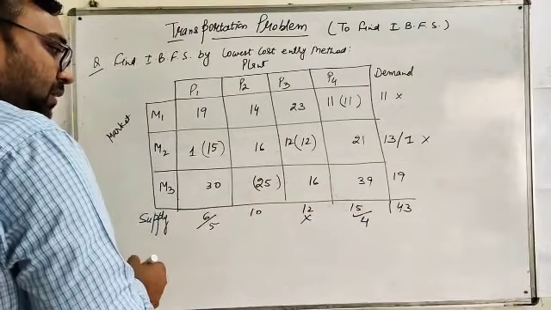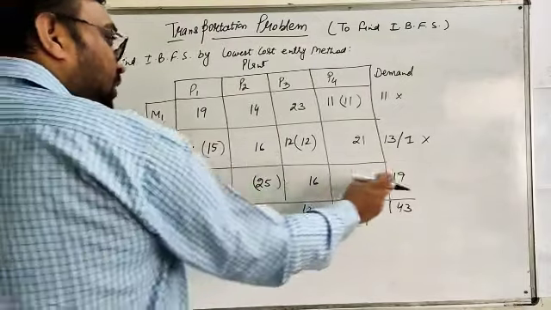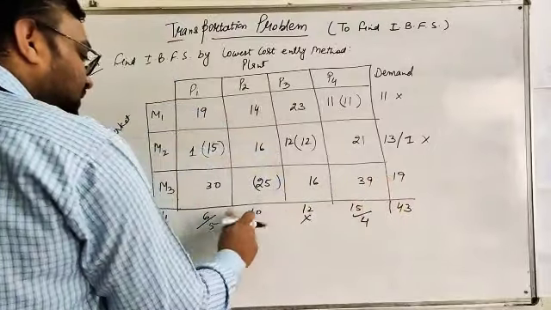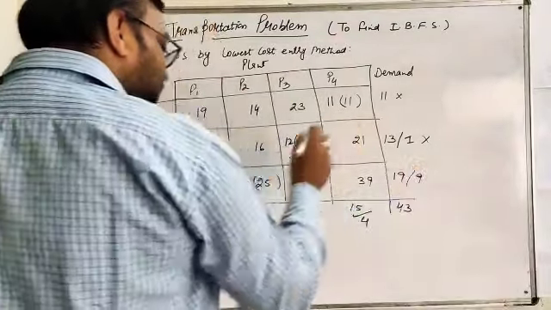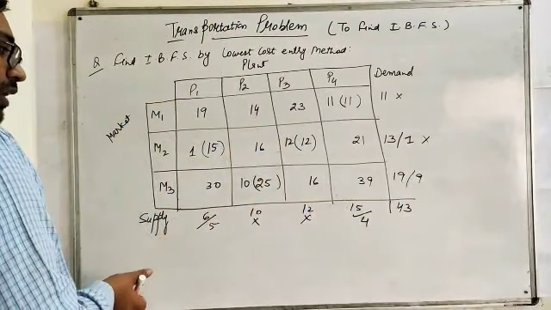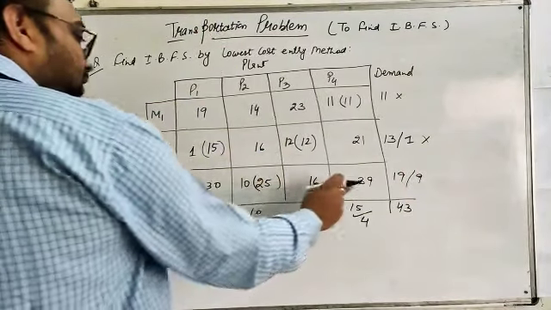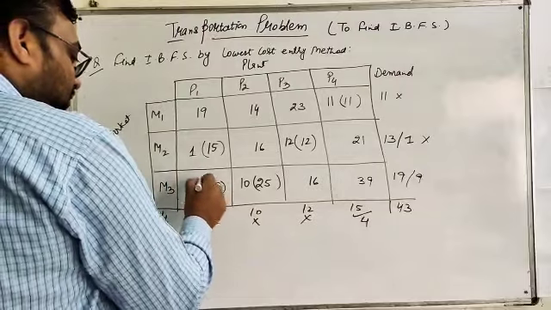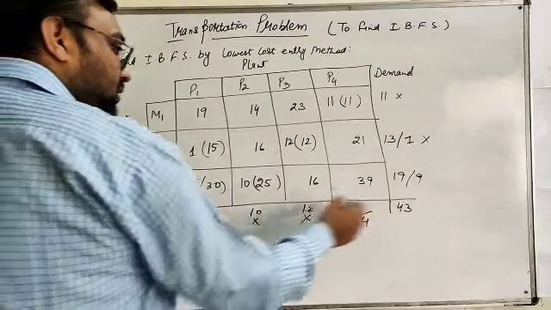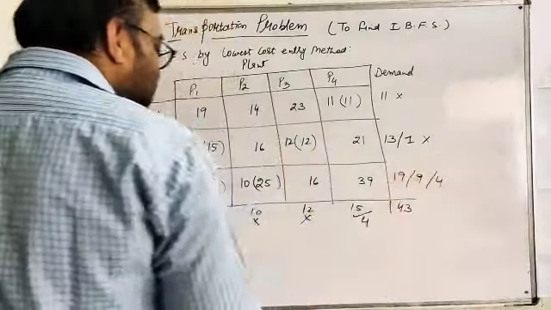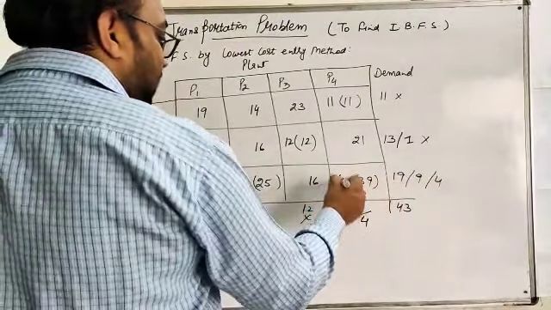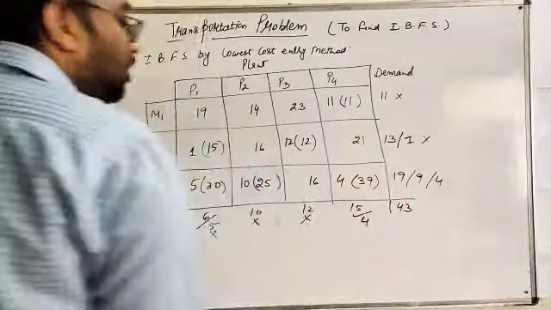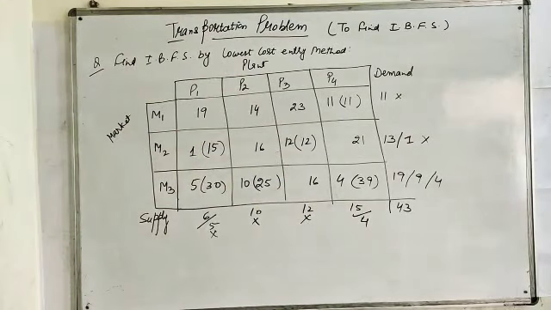25 is the minimum element. The corresponding demand is 19 and the supply is 10. We fulfill this 10 on this element. What is remaining? 9. Again we identify the minimum element from the remaining 2 elements. This is 30. We fulfill this 5 on this. What is remaining? 4. Now where do we fulfill this 4? At this particular element 39, that is 4. So all the corresponding demand and supply is fulfilled.